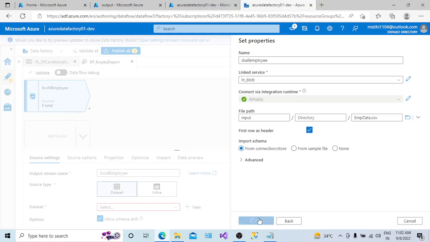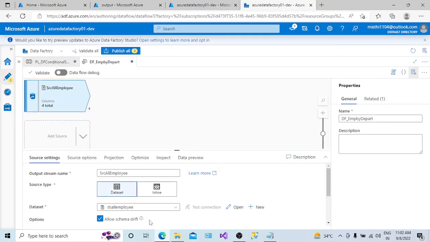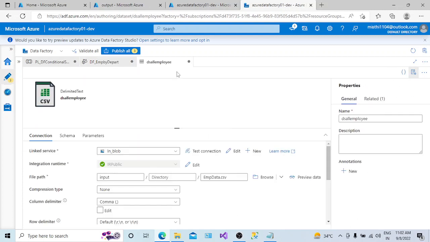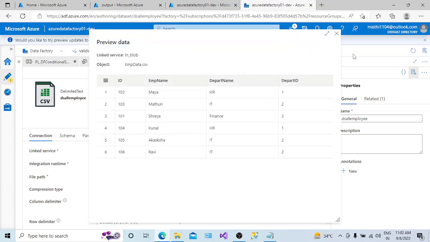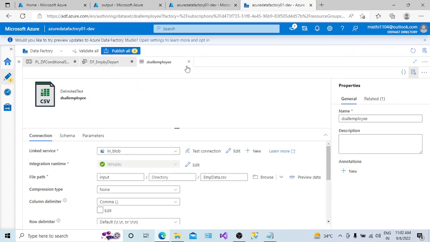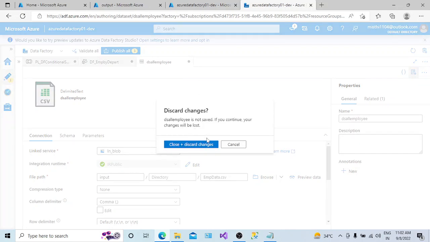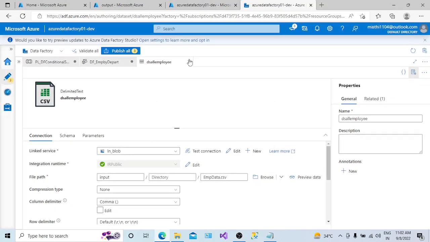If you want to preview your data, you can preview it here also. There is an option to open your datasets from here. The dataset will open, and there is a lens icon. You can preview whatever you have in the file, to make sure that the dataset you have created for the source is accurate. There is no problem in that. Let me close it,